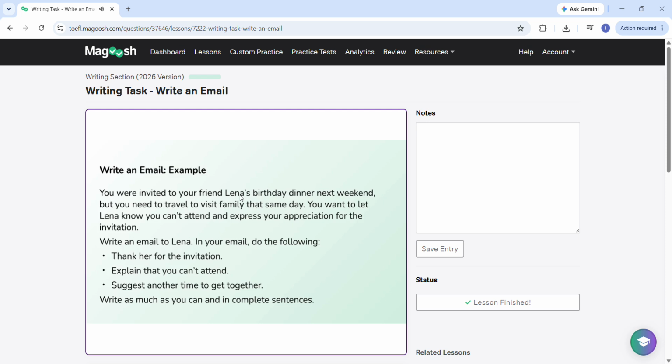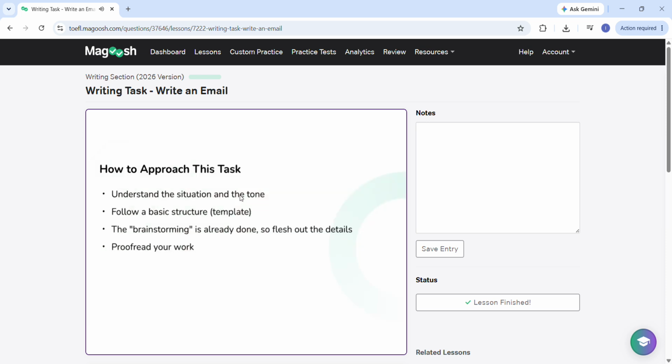A good response might begin with something like, "Hi Lena, happy early birthday. I understand how important this birthday dinner is to you, and I really do wish I could be there." And then you'd go on to explain the situation and suggest a new plan. Right, so